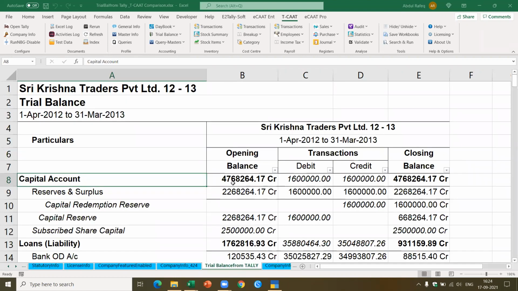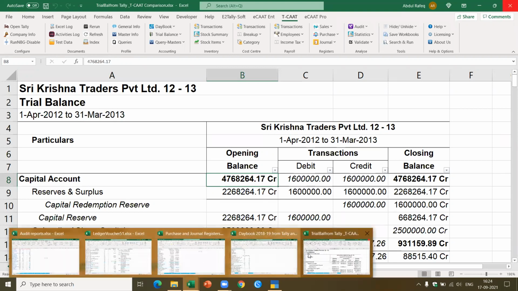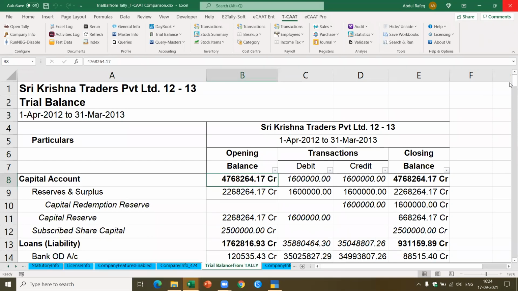Now what I want to show you was the trial balance. Okay, now let me come to the trial balance and show you how the trial balance looks like. Let me close this file. I have too many files open, so I think it's going to take a little time. Let me just see. Okay, let's open a new file.